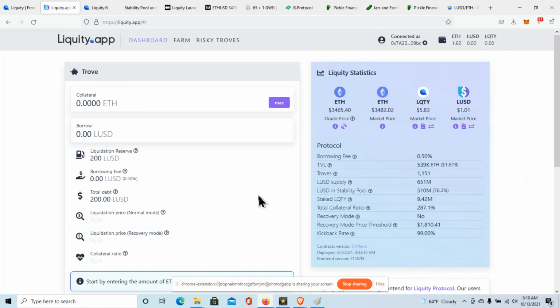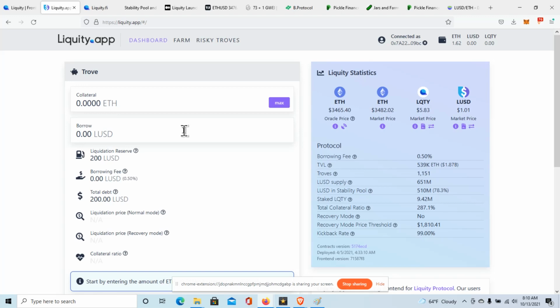So let's say you confirm the transaction and you have $1,800 in LUSD, which is just about the minimum loan you could take out in the Liquity app anyway. So what can you do with it? Well, you can do whatever you want with it. It's your dollars, right? You could exchange it for USDC. You could cash it out. But what you want to do if you do hold on to it,